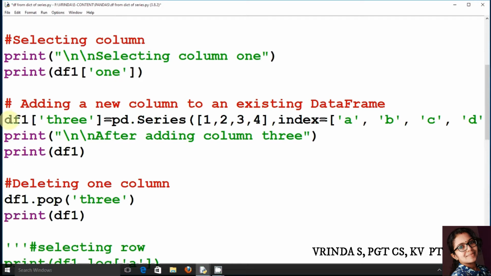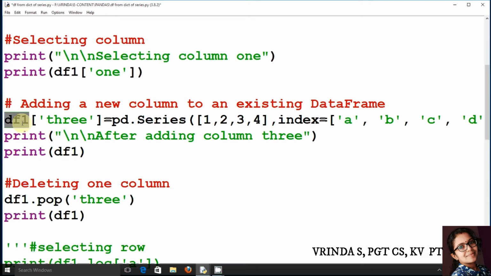And the next one: if you want to delete and add columns to the existing data frame, this is the technique that we use to add an extra column to an existing data frame. This is the new column that I am going to add. The column heading is 3 and the data frame name is the same, df1.